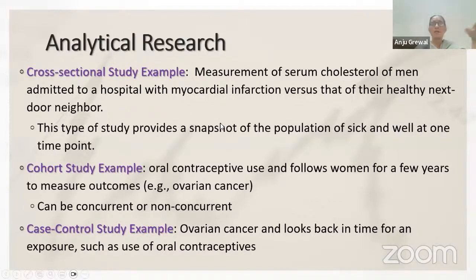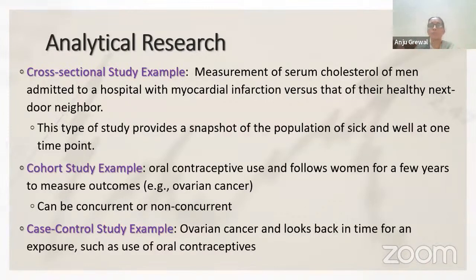You want to find out, since there is COVID going on and a lot of exposure happening in your community, the prevalence of the disease. So you have healthy people as well as people who have COVID, and at the same time you can look at their exposure. So it's a kind of a snapshot.